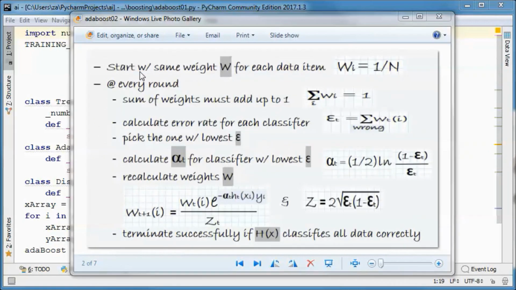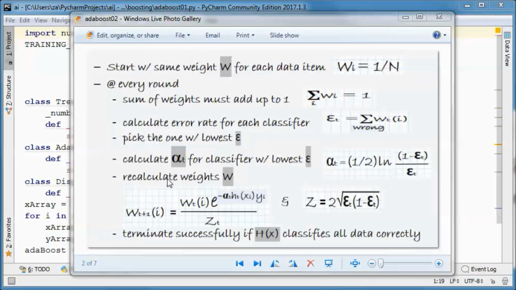Now we start with the same weight w for each data item, and n here is the number of data items, and at every round the sum of weights must add up to 1, and we calculate the error rate for each classifier. So epsilon is equal to the sum of the weights of the data items that were misclassified, and then we pick the classifier with the lowest epsilon, and we calculate alpha for that classifier using this formula,